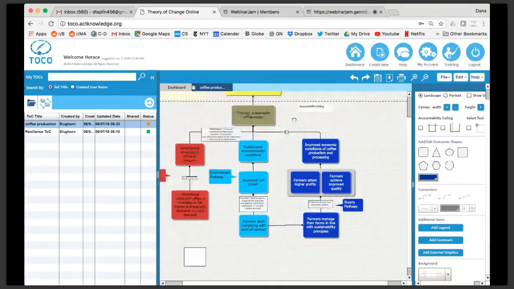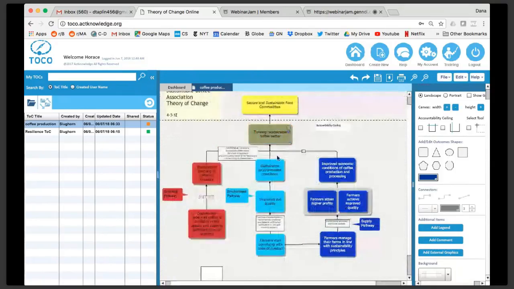So let's suppose that instead of a finished, simplified TOC, all we have is the sticky notes. So we want to start producing a new TOC file that has all that content in it, so we can share it with our colleagues or our clients or whoever they are. So we're going to create new, and then we are going to pick the name for the TOC. I'll just call it